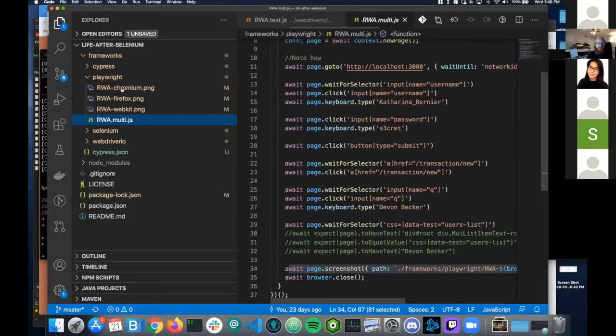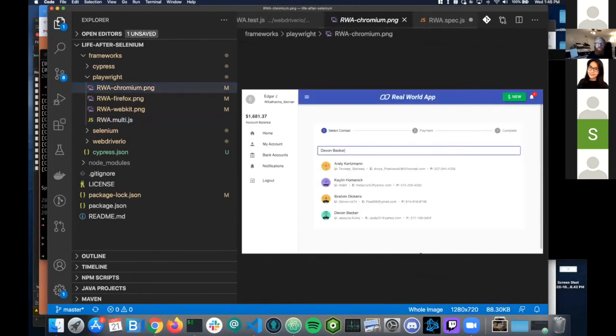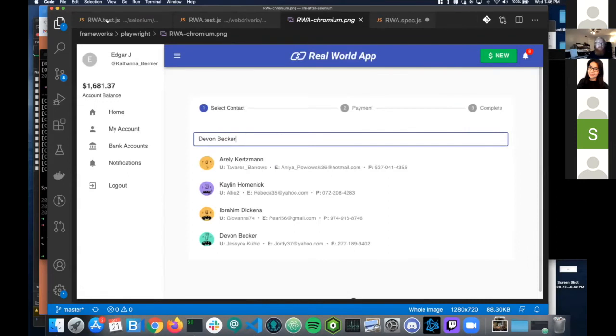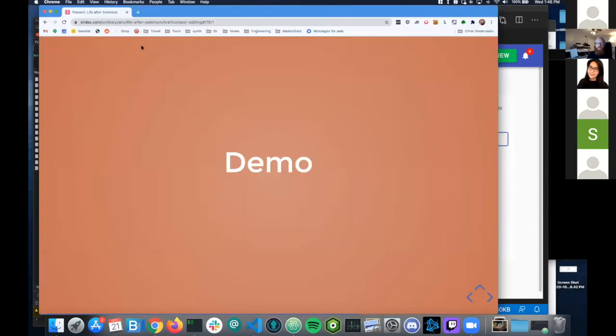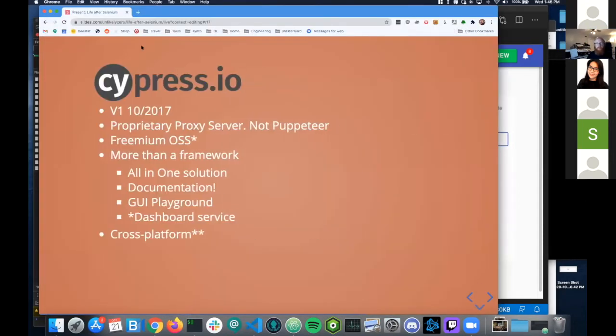Very similar. As far as I can tell, there's no real reason to use one over the other. It's just picking which you think is going to have a better future, with Chrome or with the old Puppeteer team. Very similar, very boring. Not much to add there. But what I want to spend the last bit of our time talking about today is Cypress, what we're all here for. So to do a comparison with Cypress,